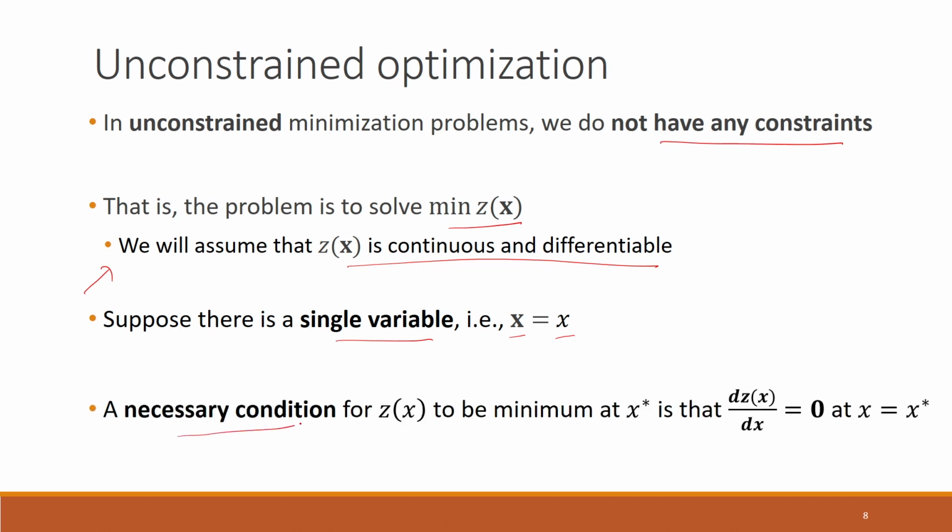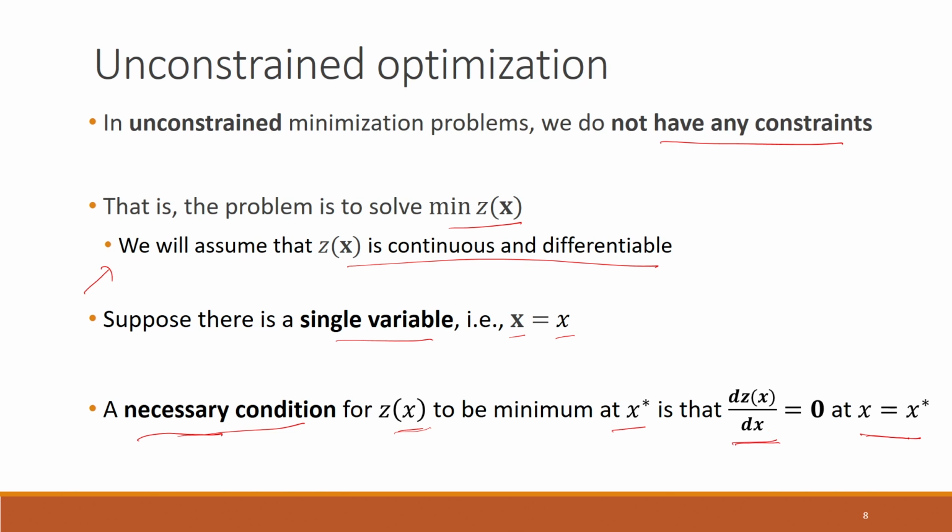Now a necessary condition for this function z(x) to be minimum at x star is that the derivative of this function z should be equal to 0 at x equal to x star. Now many of you might have already seen this equation. Okay, now you must definitely try to think, what does this physically mean? This means that the slope of this function z at x equal to x star is equal to 0. Okay, so this is a necessary condition. So what does that mean? That if x star is the optimal solution for z(x), then dz by dx has to be equal to 0. Okay,